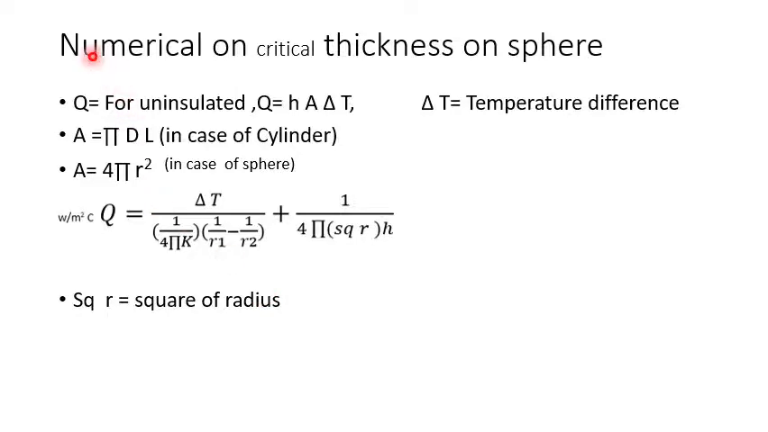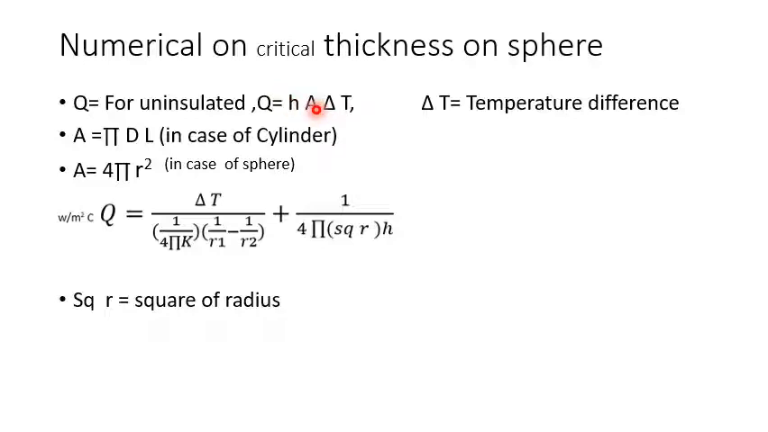Let us see what are the steps involved for the critical thickness on a sphere. For the sphere, if it is uninsulated, I am using Q is equal to H into A into delta T, where H is the convective heat transfer coefficient, which is given in watt per meter square degree centigrade or watt per meter square Kelvin,